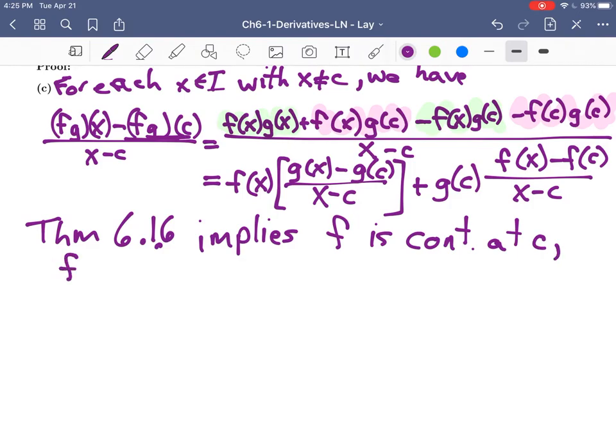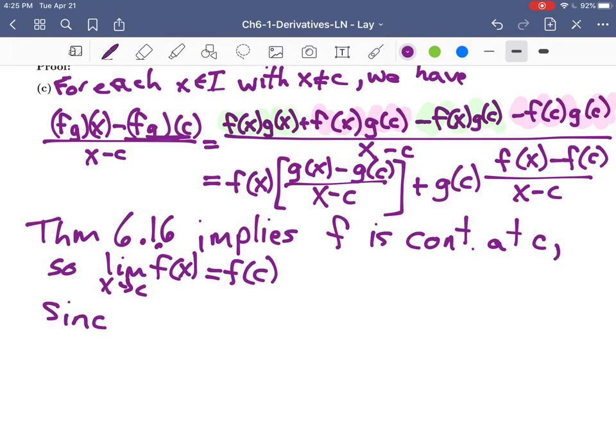So the limit of f of x as x approaches c is equal to f of c. And since f and g are both differentiable at c, we conclude